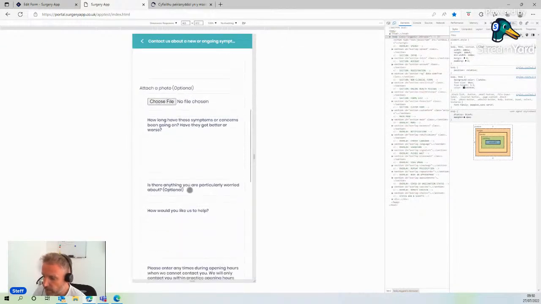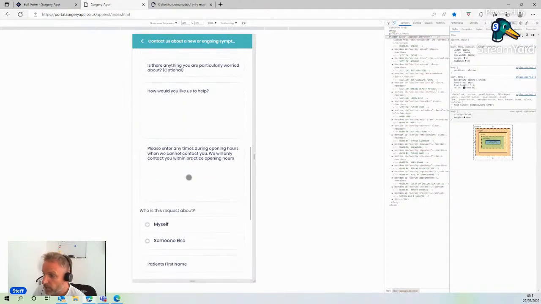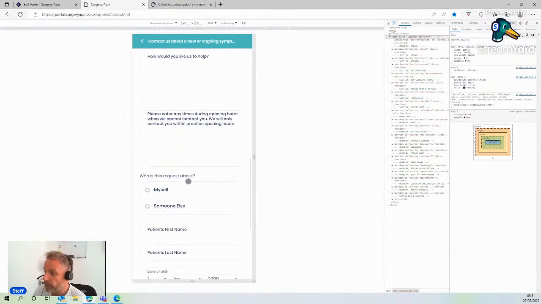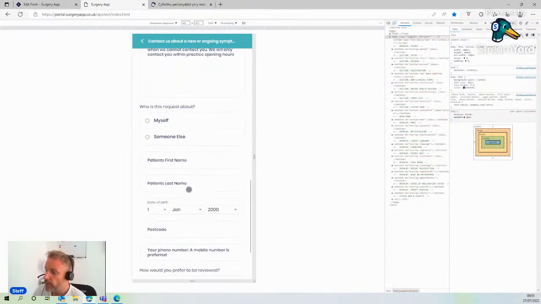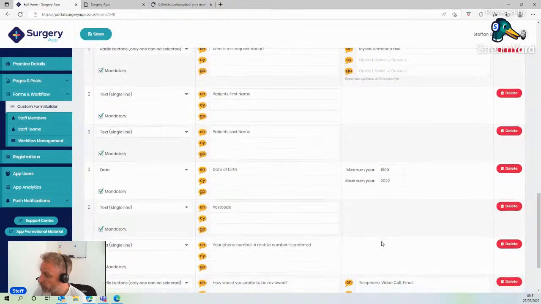How long have they had the symptoms? Is there anything else particularly worrying them? How would you like us to help? Please enter the times during the surgery that we cannot contact you. Is this form for myself or somebody else? They can put their patient details in. First name, last name, date of birth, postcode, phone number, mobile is preferred. And how would you prefer to be reviewed? Telephone, video, email. You can put in there if you wanted to. Or you can put in